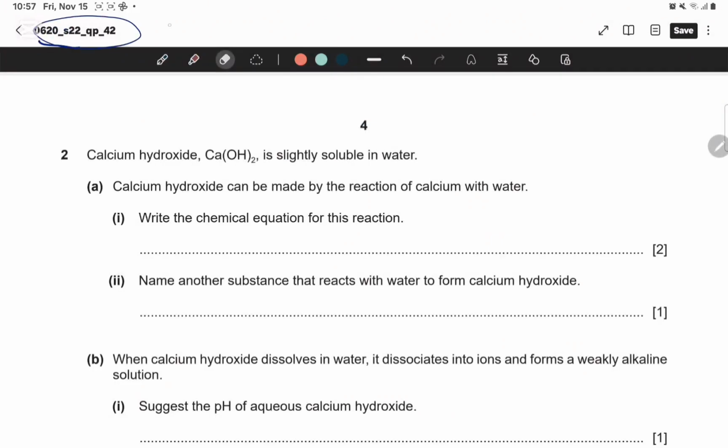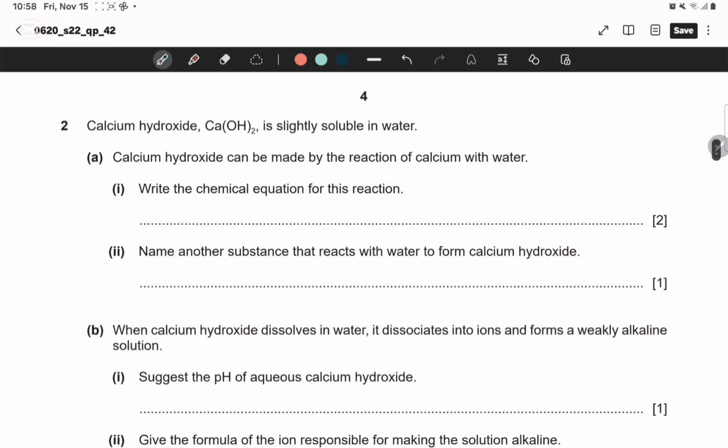The paper I opened is here, and for this paper we only need question number 2. Calcium hydroxide, Ca(OH)2, is slightly soluble in water. Calcium hydroxide can be made by the reaction of calcium with water. Write the chemical equation for this reaction. Now if you're confused, just write what they give you. They told you H2O, which is water, and Ca to give